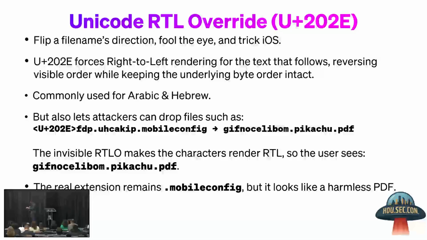And then the next issue I just want to go over is a Unicode character, 202E. It's the right-to-left character. Some languages like Arabic and Hebrew are not read left to right like English is, but right to left. So this is the character you would use to reverse the direction of the text. And I was wondering how iOS handles such characters. And what I observed was that,